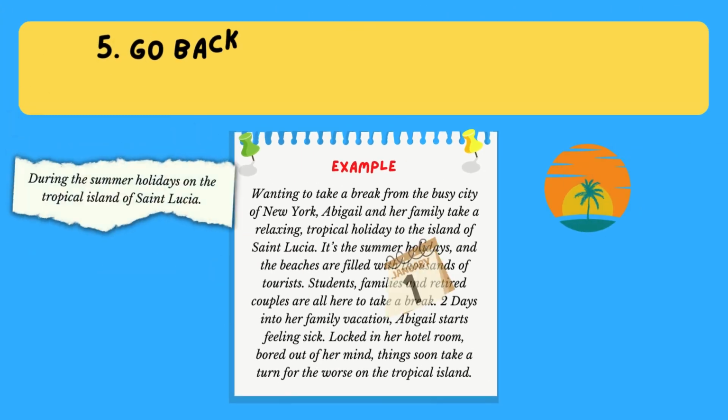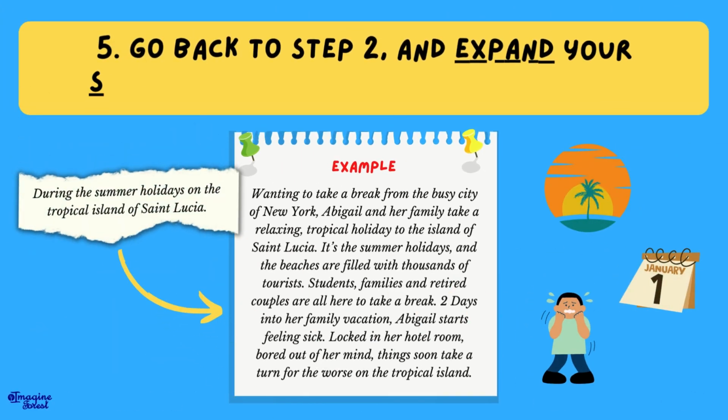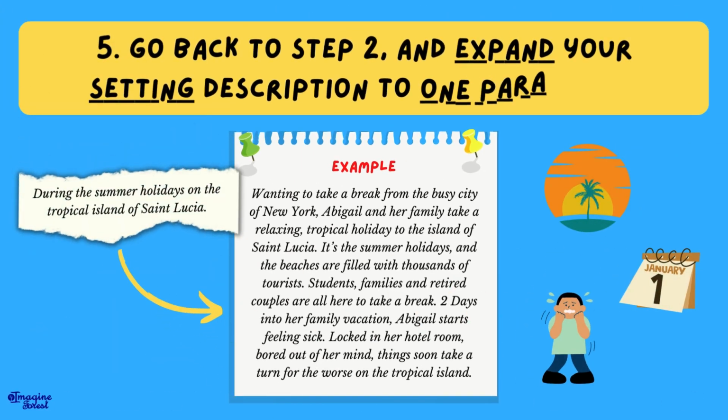Step 5. Go back to step 2 and expand your setting description to one paragraph. With your one-paragraph setting summary, try to think about the physical location, the mood, time period, and link this back to your main character. Take the following example. Our one-sentence summary was, during the summer holidays on the tropical island of St. Lucia. And now our one-paragraph summary is, wanting to take a break from the busy city of New York, Abigail